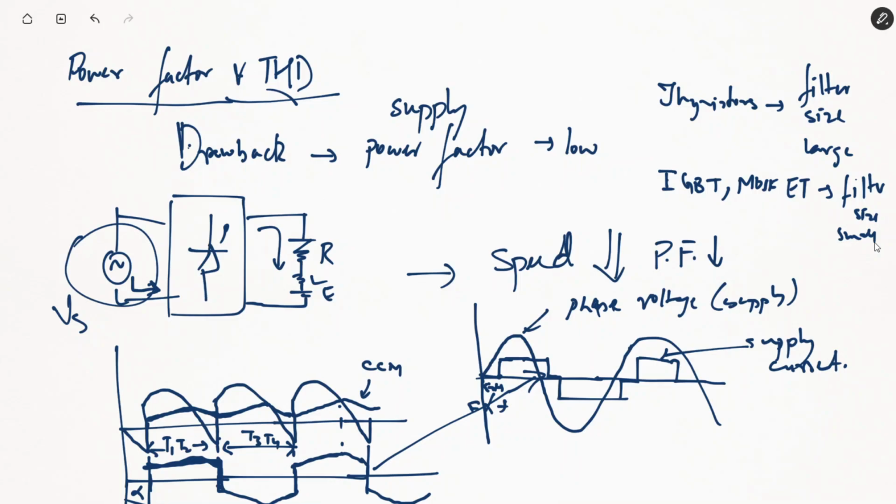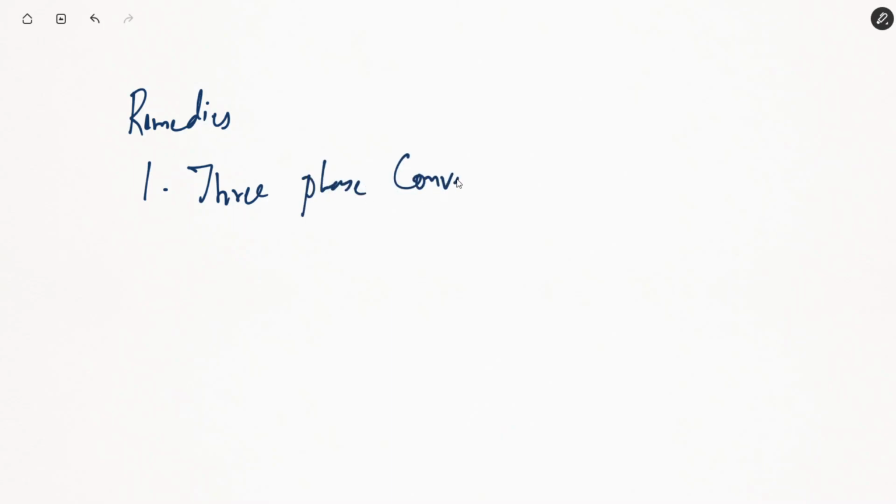But what we can do is while designing the circuitry, we can make use of high frequency switch for designing rectifiers. So this is something that is inherent in a power electronic device. The power factor and the THD of the supply will reduce. So there are some remedies like using high frequency switch, also making use of three phase converters more often. Fine. So you can make use of three phase converters. You can make use of high frequency switch.